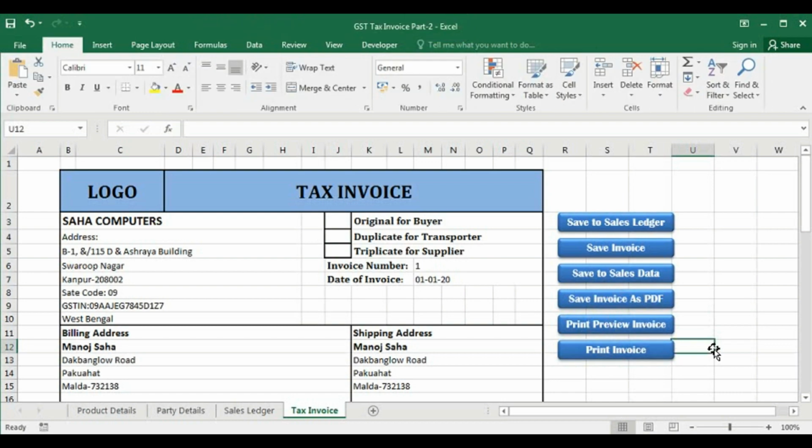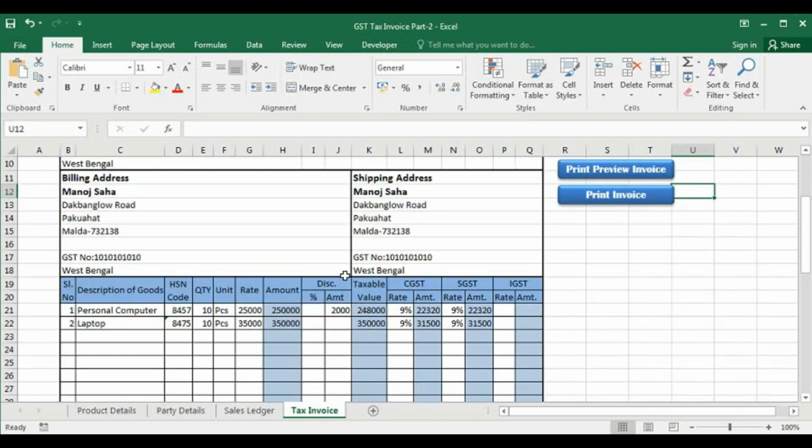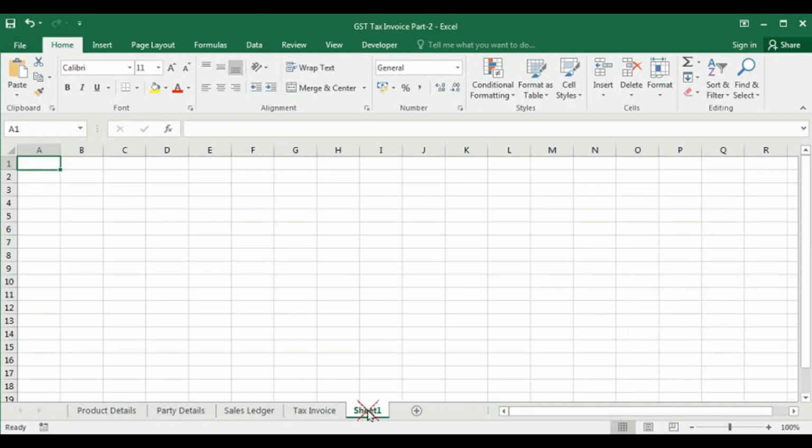Now we have to create the VBA. For creating this VBA, you have to understand the basics. First, create a sheet and name it as Sales Data. Now we will create the column headers. First, I will give here